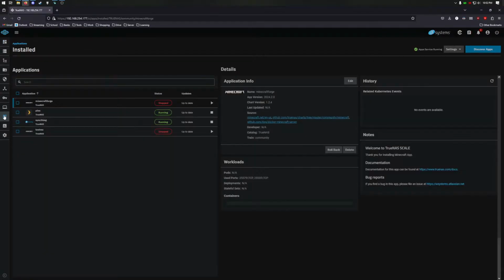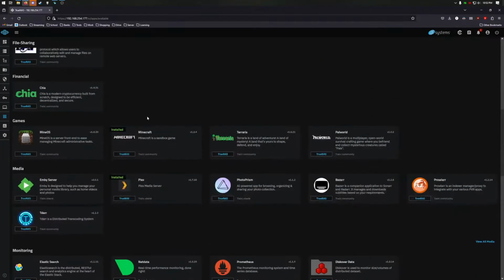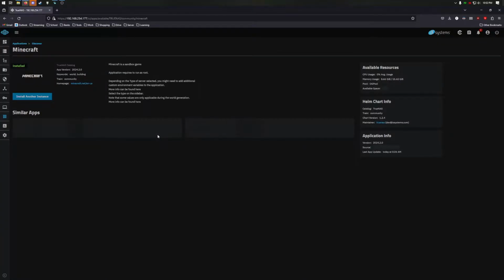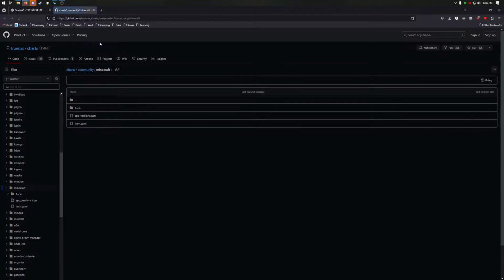Hello, today I'm going to show you how to install a Minecraft Forge server on TrueNAS Scale. First step is to head to the Apps section and find the Minecraft app. If you'd like the documentation on this, you may also follow this link here, which will take you to the